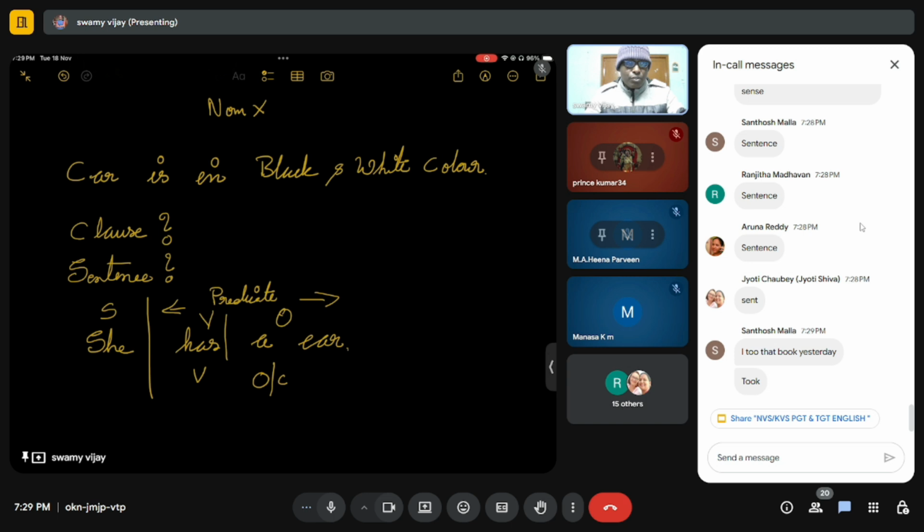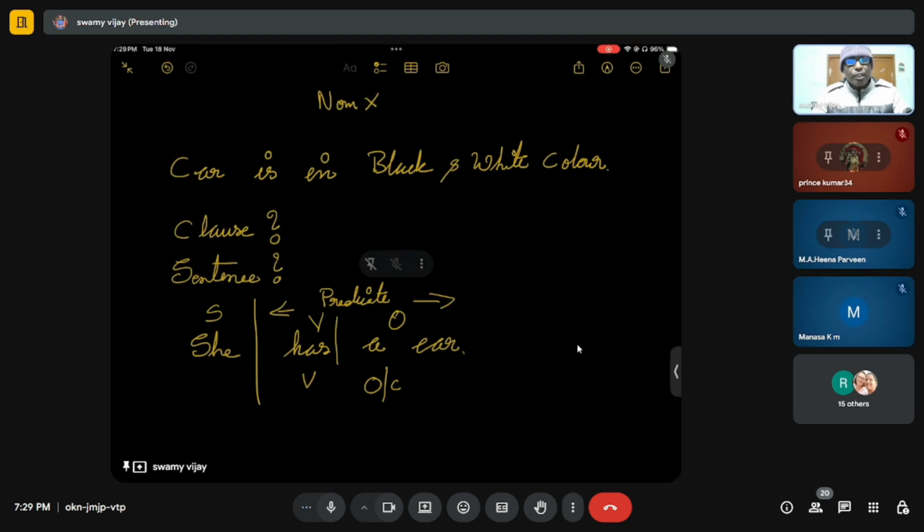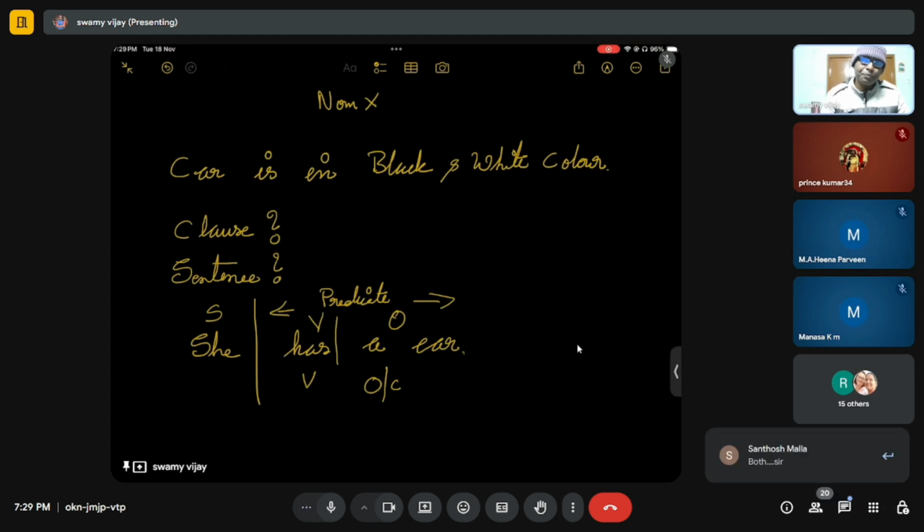I took the book yesterday. Why can't it be a sentence, Santosh? I took that book yesterday is a complete sentence. How can you make it a clause? No, I want to understand from an examination point of view. If it's a basic question,